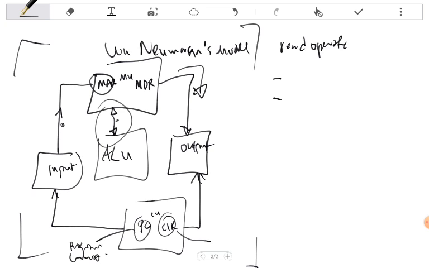The write operation then can be started. For the write operation, number one, the processor places data on the data bus and the address of the destination on the address bus. Then the processor sends the write signal along the control bus, and the data is sent along the data bus.